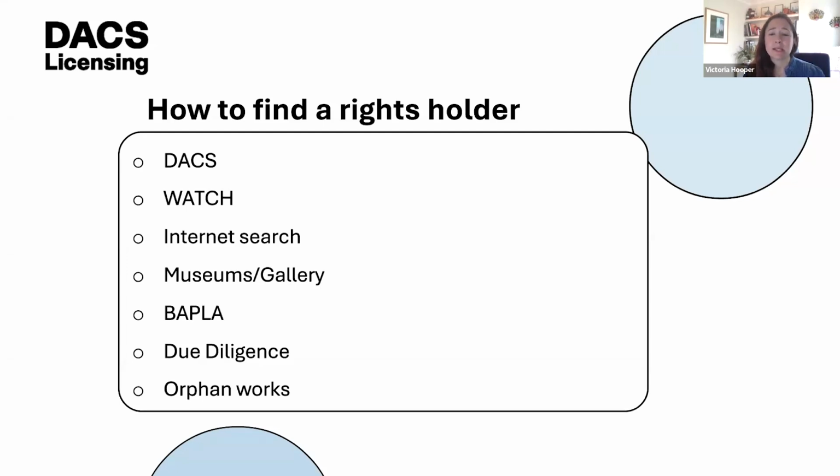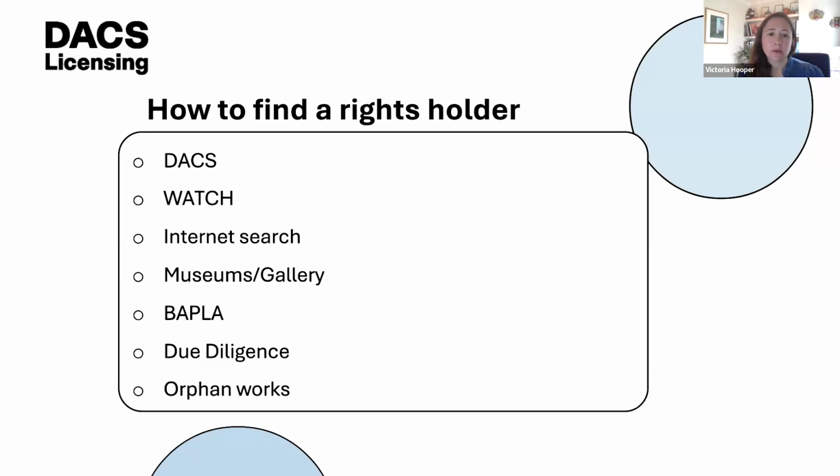A basic internet search is always a good place to go, and you might find that actually by doing that, it will lead you to where that artist or even their work in general is held. So if you're able to ascertain that information, that's another good source to try. So contact that collection or the gallery, as they should be able to provide you with details or pass on your information to the rights holder to secure that copyright.